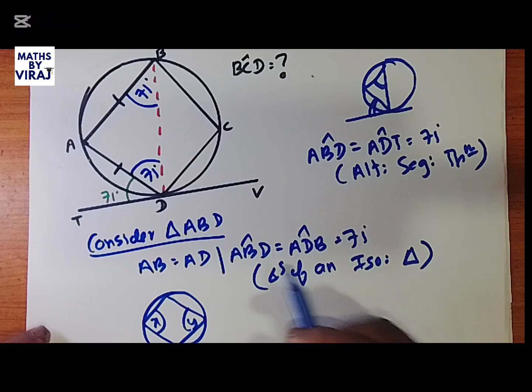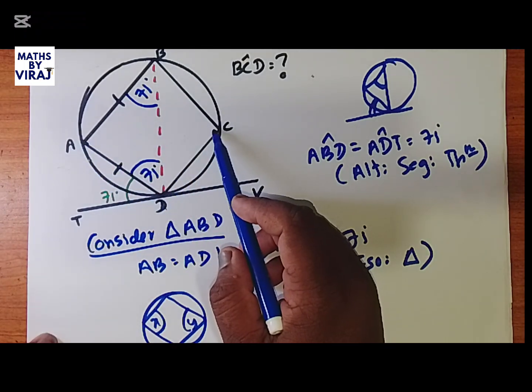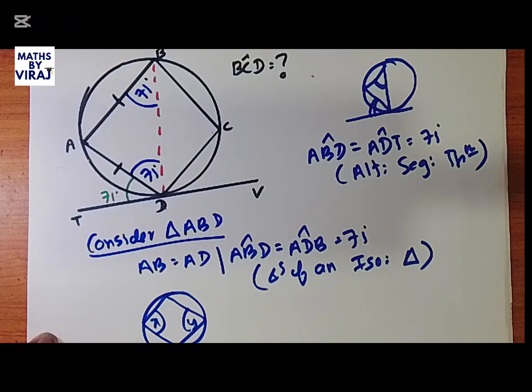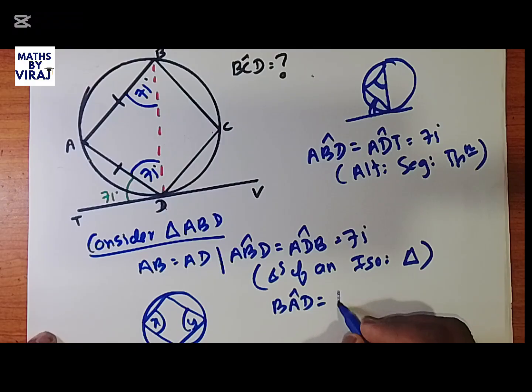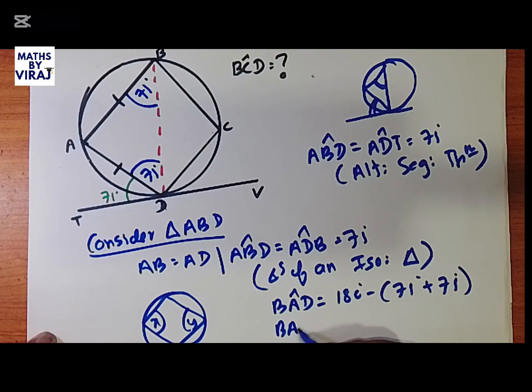If I could get the value of BAD, then from 180 I can subtract it and get the value over here. So let's see now what is BAD. Angle BAD is 180 minus 71 plus 71. BAD is 180 minus